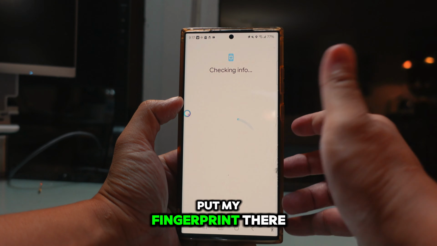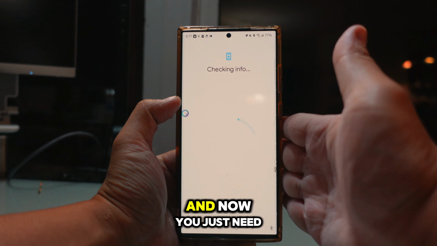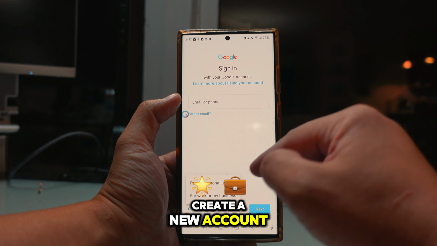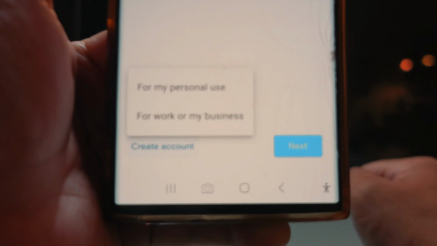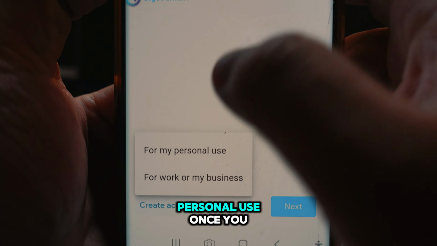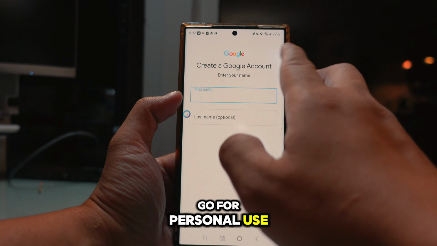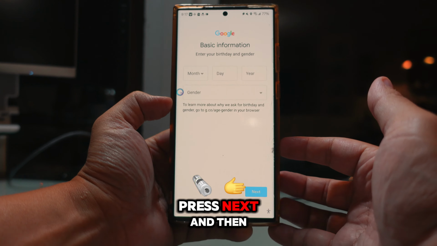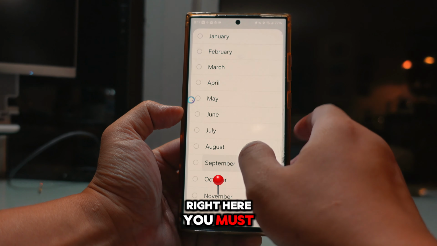I'm going to put my fingerprint there. And now you just need to wait. And now you can create a new account. Once you create a new account, you should go for personal use. Once you go for personal use, now you can type anything you want. Press next. And then right here, you must type